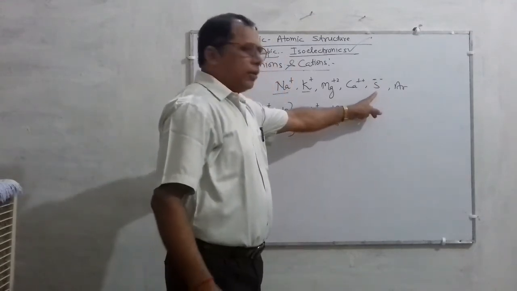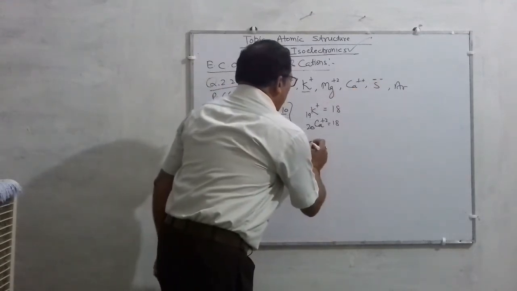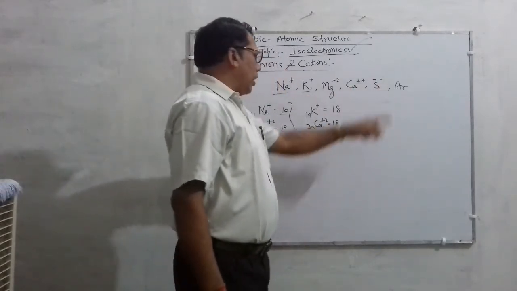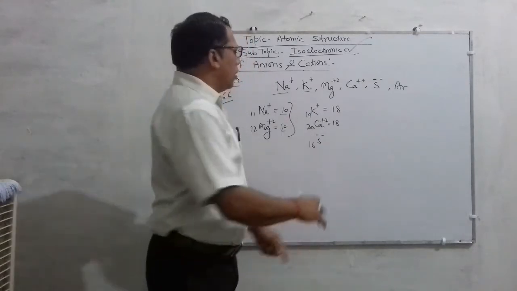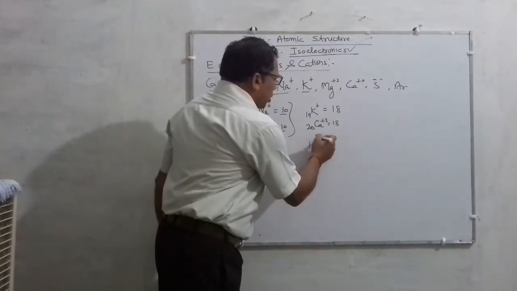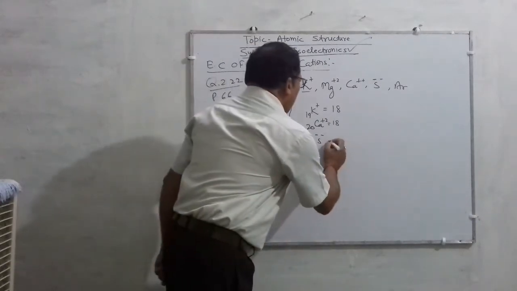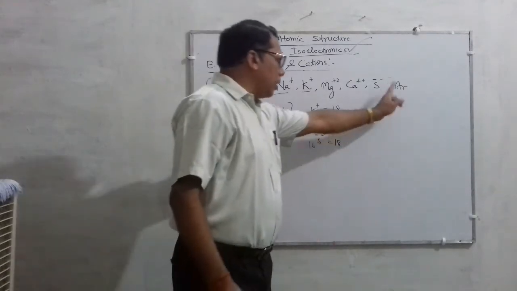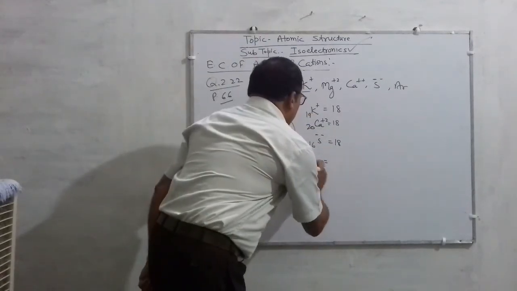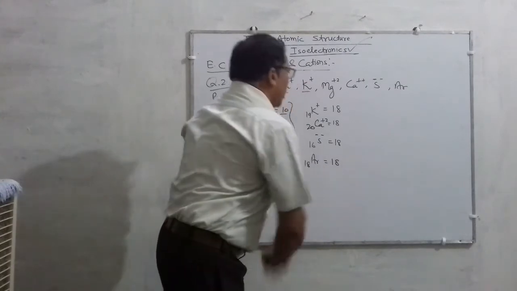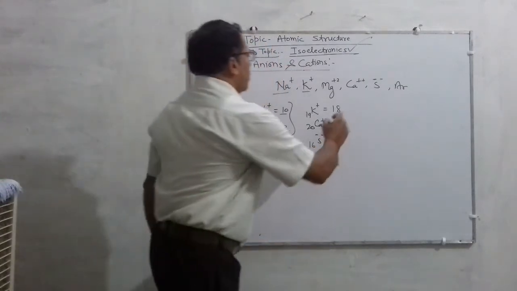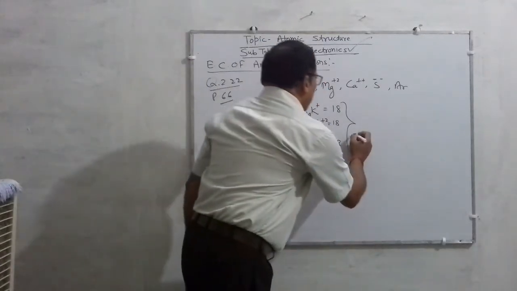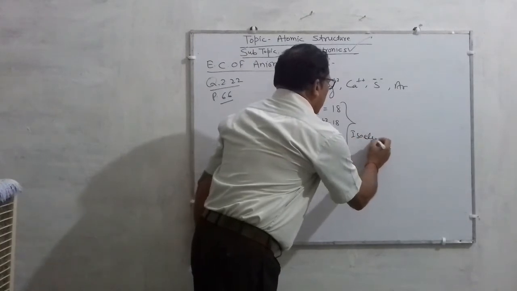18. Similarly, S minus 2, children, here is an anion, and S is sulfur, but it is in anion form. So in the case of an anion, we have to add the number of electrons present in the form of charge. So 16 and 2, the number of electrons becomes once again 18. And in the case of argon, it is in the neutral state, so this is 18. So in this, children, these 4 species are having the same number of electrons, so they will be isoelectronic.